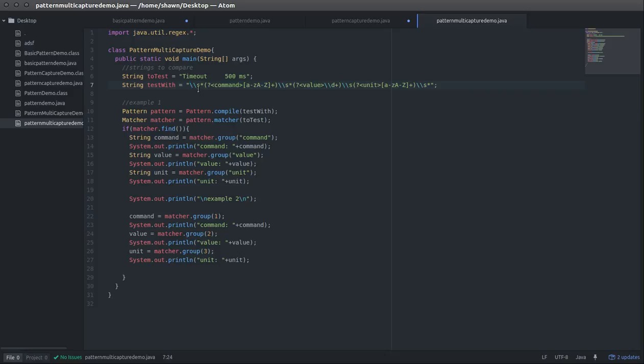What we have here is two backslashes and an S. So what we are actually looking at is just one single backslash and an S. What this means is any characters that are a space. So any spacing here. We need to put a backslash behind that to escape